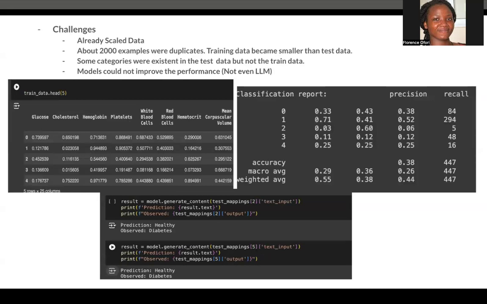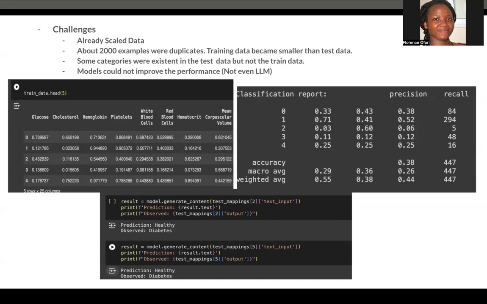So what were some of the challenges I had? The data was already scaled, which made it difficult for me to understand what the numbers were saying in the exploratory data analysis phase. Another big problem was that about 2,000 examples of the data were duplicates. So I had to take out about 2,000 examples, to the extent that the training data became smaller than the test data. And this was not really optimal for